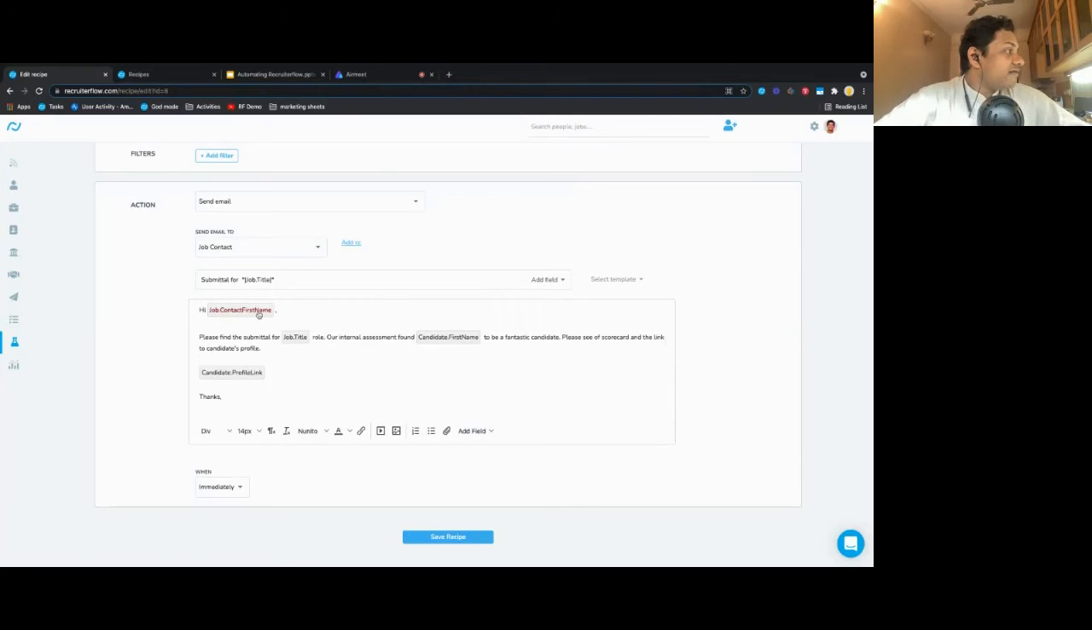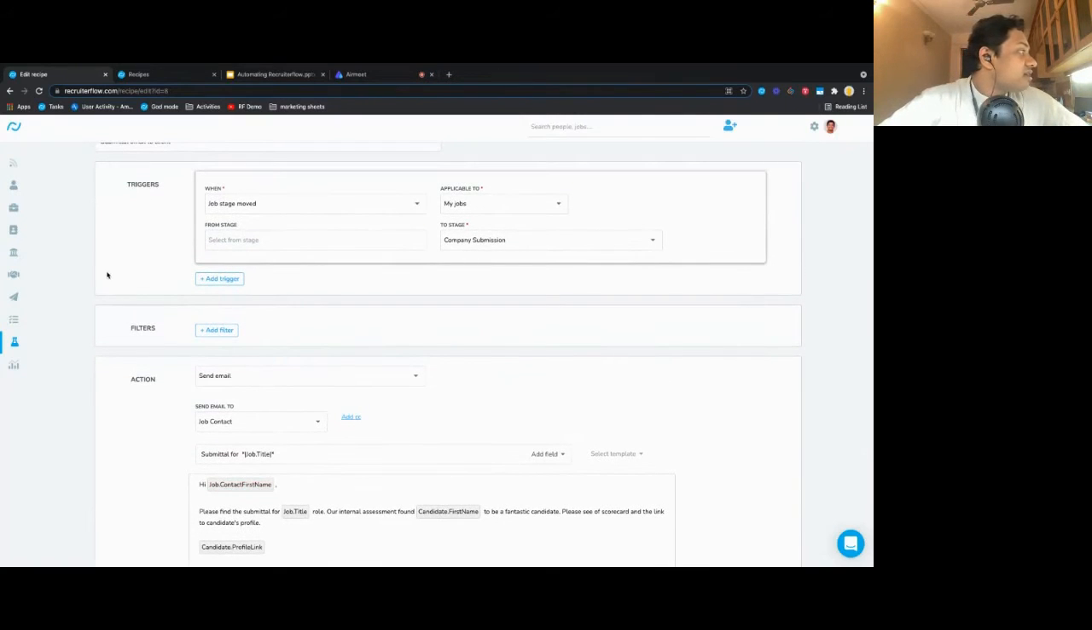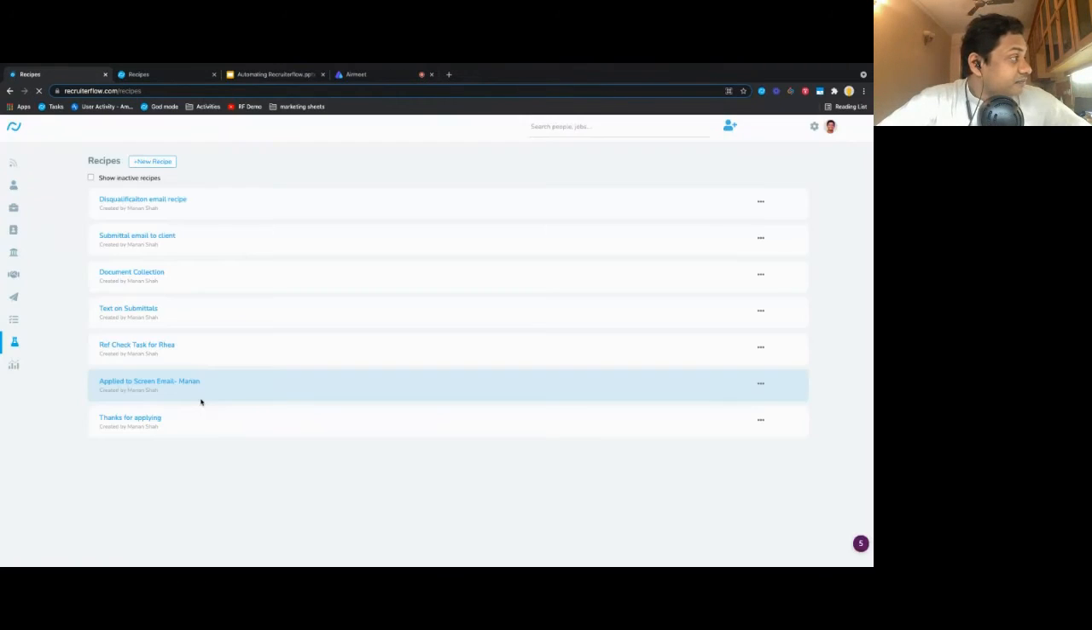Right, there we have it. So that's sending out a submittal email to the client, which can also be automated. And another thing that you can do is, once the candidate moves from there and everything falls in place, you want